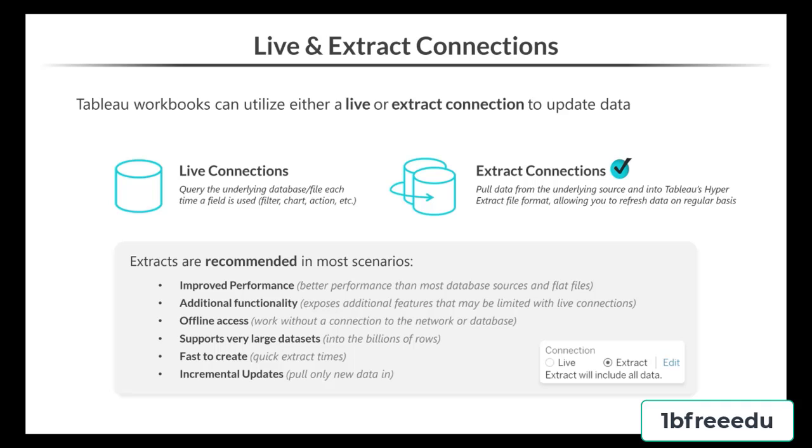Extracts are fast to create and with the advent of Hyper, have gotten even faster. Another key benefit is that extracts can be updated incrementally, meaning that they'll only pull the new data in to your data source on a regular basis. A quick note that when creating relationships or joins, each table will need to be the same type, either extract